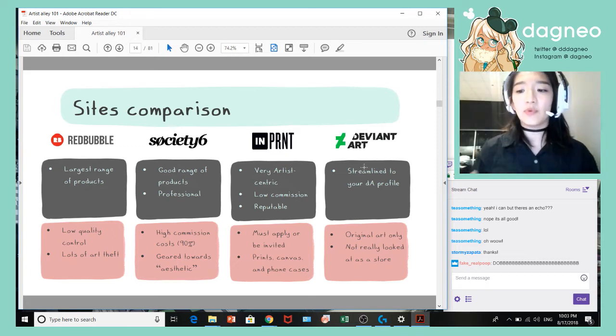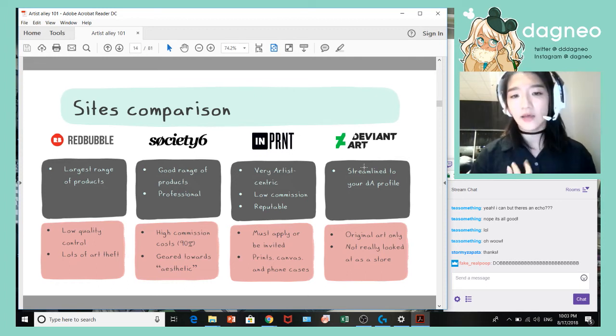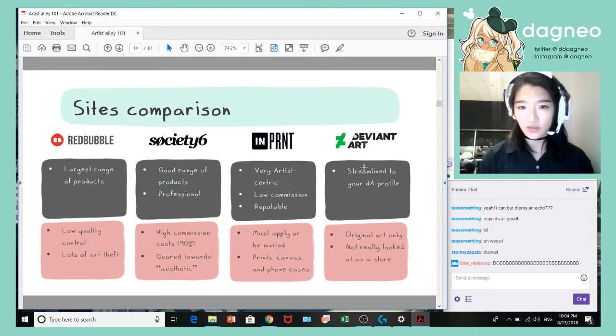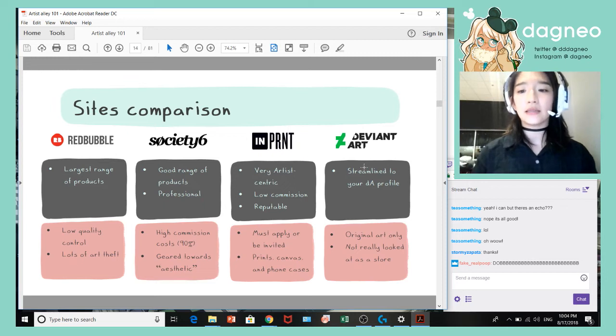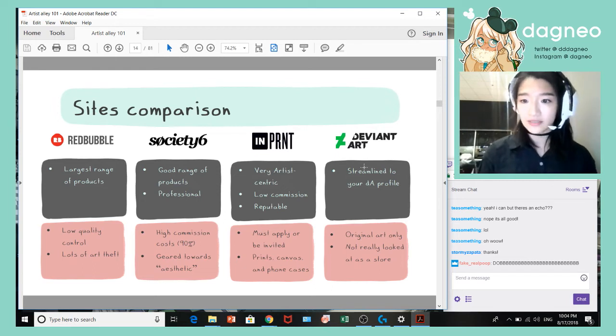And they do a good job of making it really seem like they're a company that's trying to help independent artists, rather than Redbubble or Society 6, which really feel like a business that happens to have art from independent artists. Kind of in line with that, they have really low commission cost when they sell their items. So I think on their site, a 12 by 18 inch print sells for about $20, and for any print sold, you get to keep 50% of that cost. So if I sell that $20 print, I get a full $10 off of that sale,